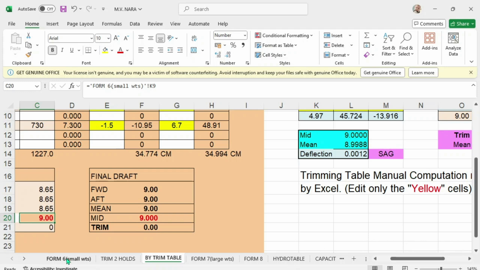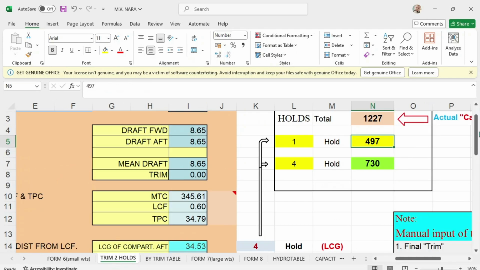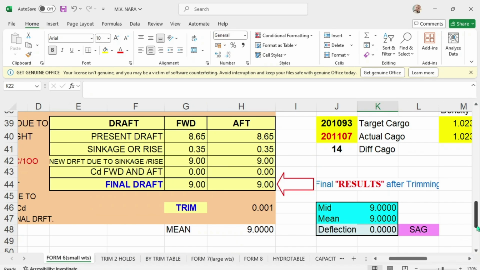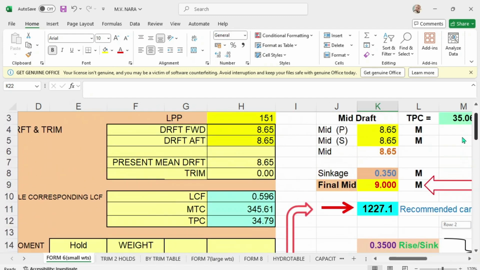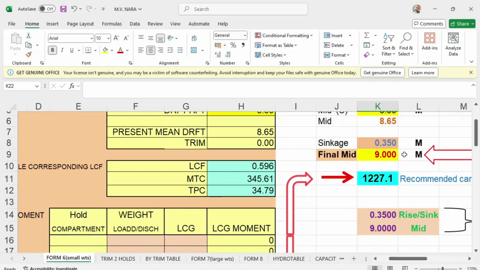We have 3 forms of computing the departure draft: by means of trim table, by means of trim 2 holes, and by form number 6. Okay, but I'll show you guys.